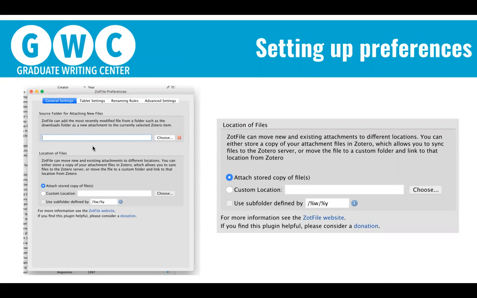So there are a couple of things to be aware of with this particular menu. You can indicate where you would like files to be stored. If you watched one of the earlier webinars, you know that Zotero has its own server. All of your PDFs that you add to your Zotero library will show up in a designated Zotero file folder within your local storage. If you're someone who likes to synchronize or back up your PDF files, such as through a cloud service like Google Drive or Dropbox or perhaps iCloud, then you will find this particular general settings window